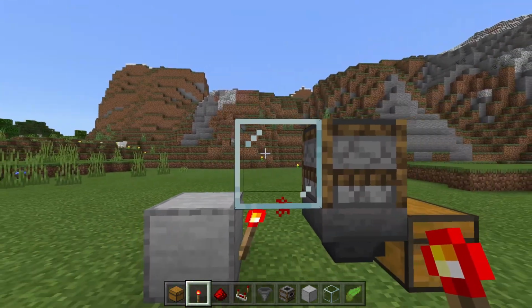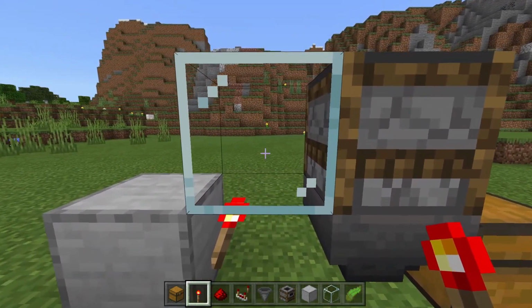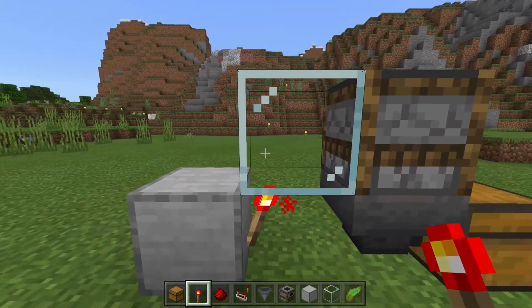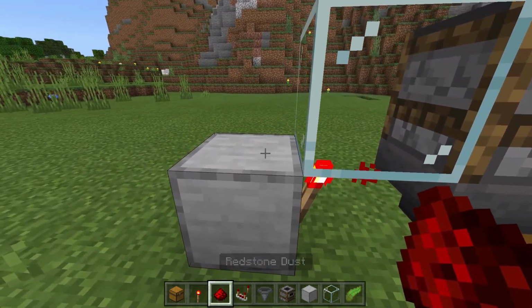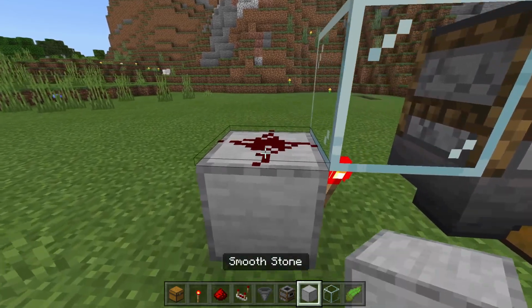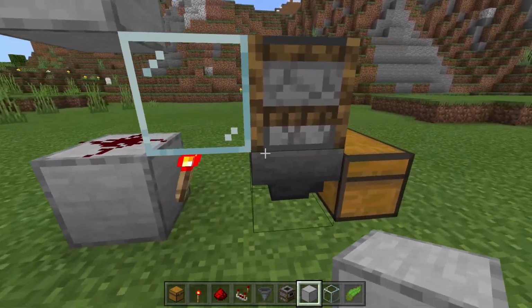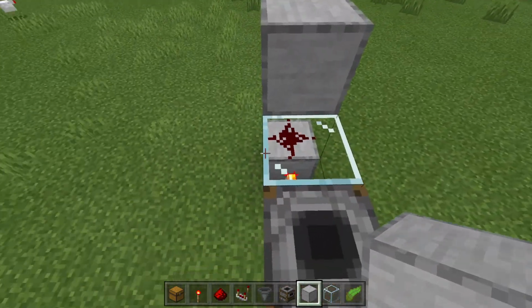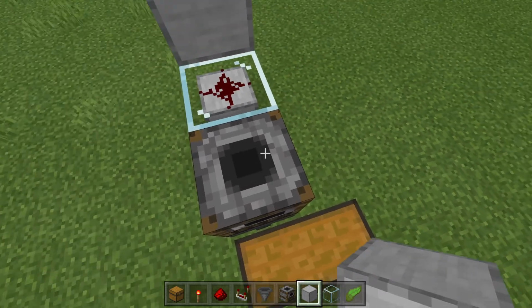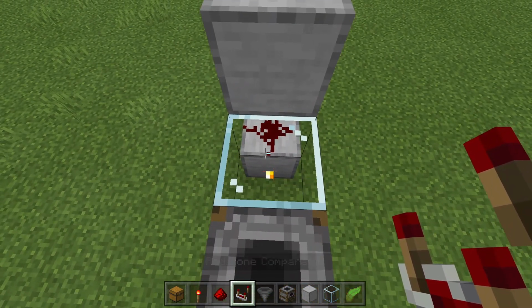This is why it is very important you guys use a glass block here. Do not use a solid block or else your torch is going to burn out. We're going to put down a redstone dot right on top of that block, and then we're going to place a second block right on top of the dot. So we're going to have a floating block right there. Then we're going to come on top of the furnace or smoker, whatever you guys are using, put down a comparator right there,